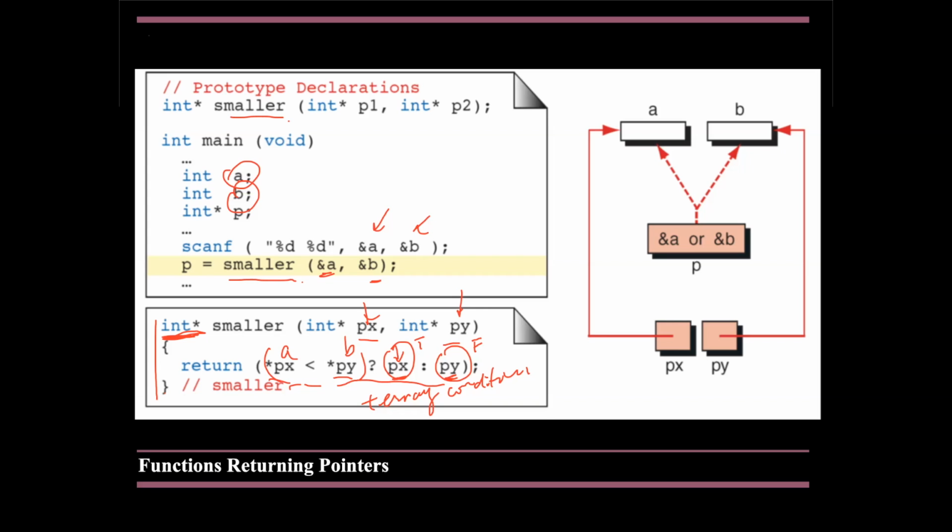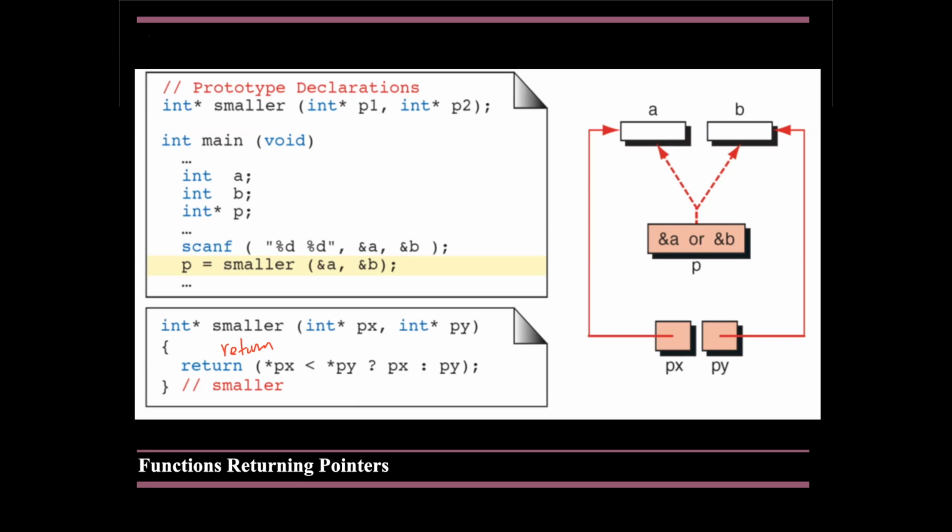Both A and B exist in memory. So whatever is inside this function stays inside this function, with the exception of returning this pointer. Let's say you have a local variable in it, and you try to return the address of that as your function return type here, that's going to cause an error. So in other words, if instead of returning this, we said we want to return a local variable, let's say the address of k, and in this case, let's say there's an integer k here equals 5. You try to return the address of k